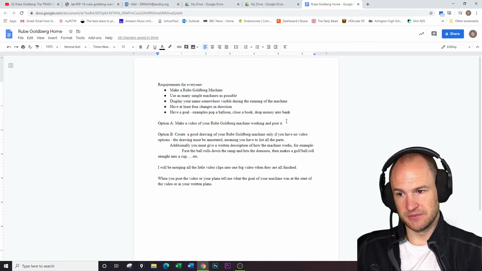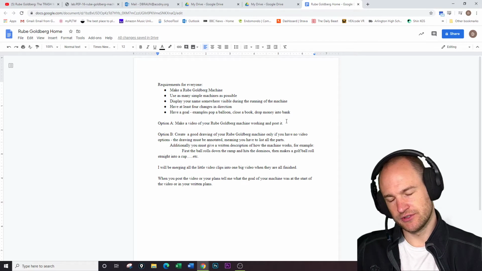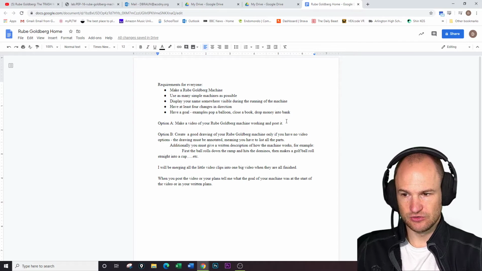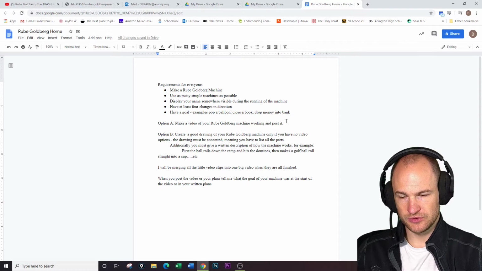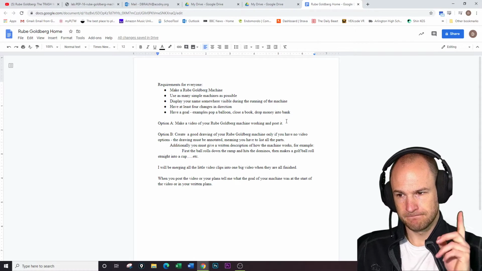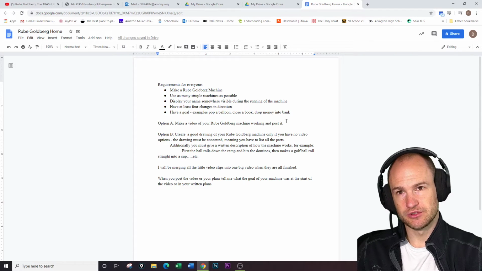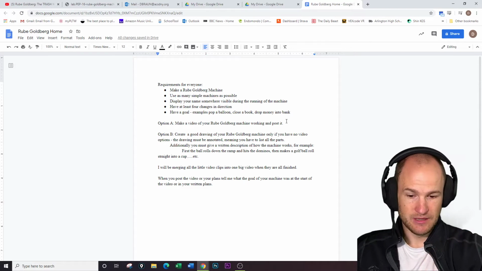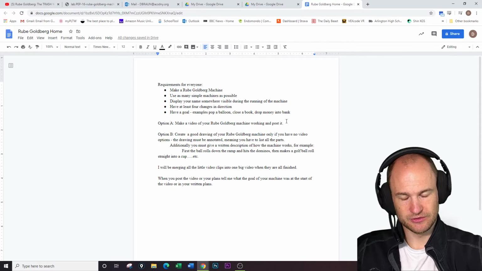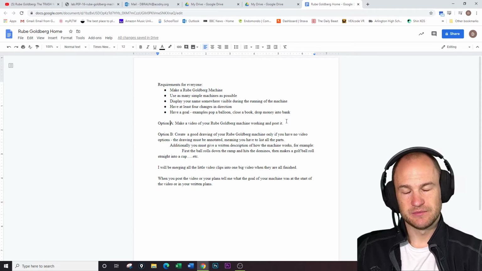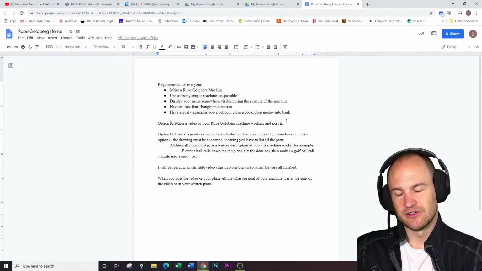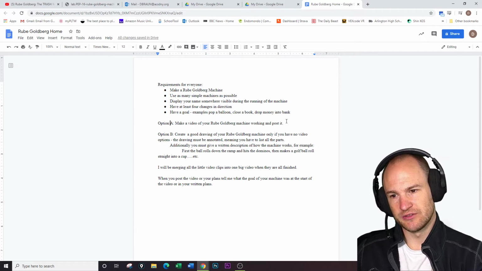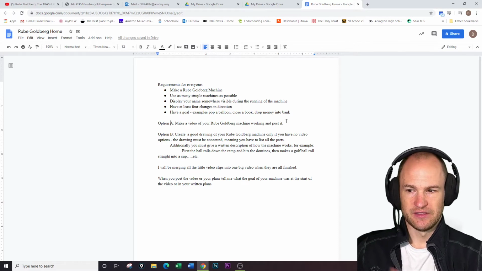Or option B, you don't have video access for whatever reason. In that case, you need to create a drawing of your Rube Goldberg machine. And the drawing must be annotated, which means you have to list and label every single thing in the machine. Like, if it's got dominoes, you say these are the dominoes, and this is the ball, and this is the ramp it goes down. And you have to give me a written explanation of how it's supposed to work. Like, first the ball rolls down the ramp and hits the dominoes, and the golf ball,